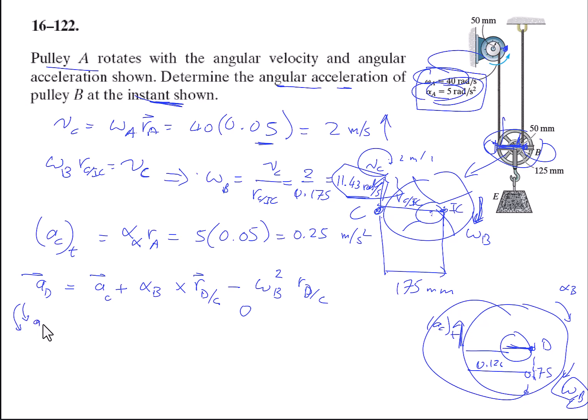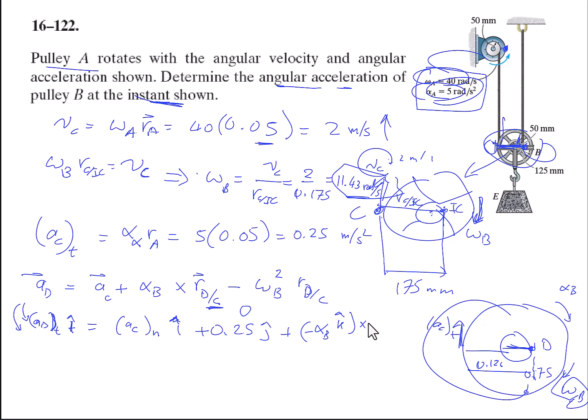So you have A D tangential, in the I direction, is equal to A C, the normal direction, in I, plus 0.25 in the J direction, plus minus alpha B, angular acceleration of wheel B. This is in the K direction, crossed with